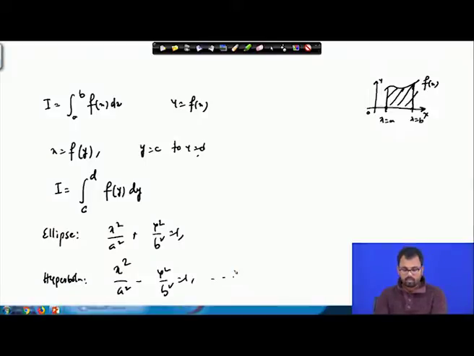We will do several examples where we calculate the area bounded between these curves and the points, and we'll see how much that area is. For example, the area bounded by an ellipse, the area inside the ellipse, is actually pi ab. We'll see how we can calculate that. Now we can also calculate area